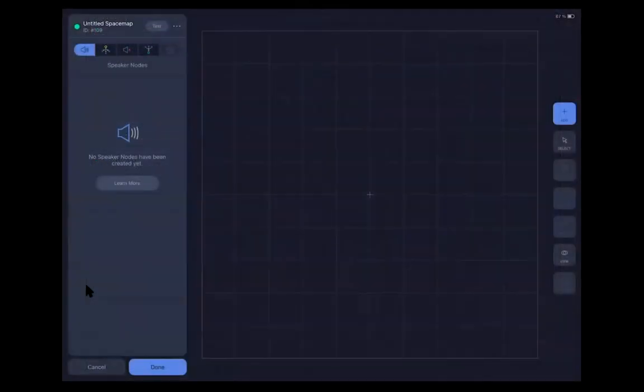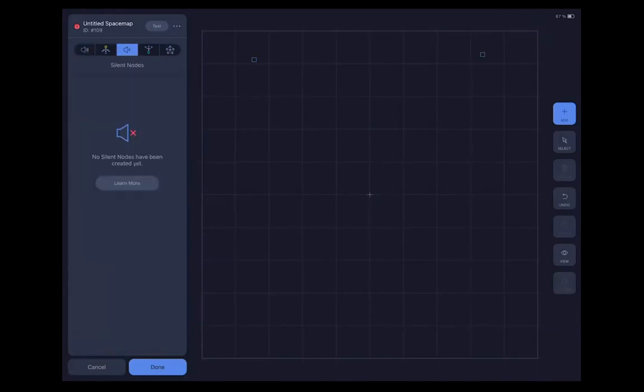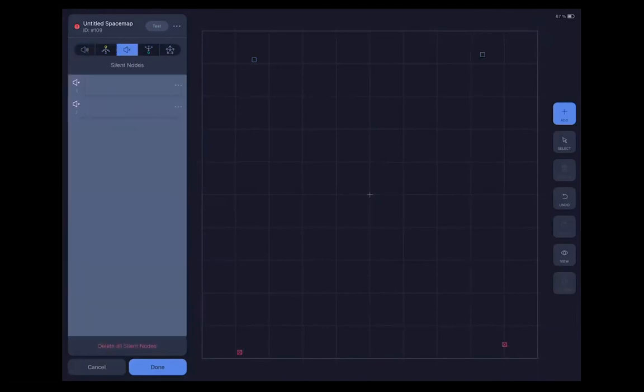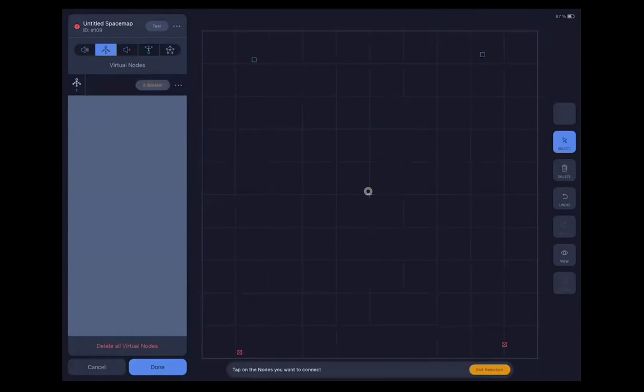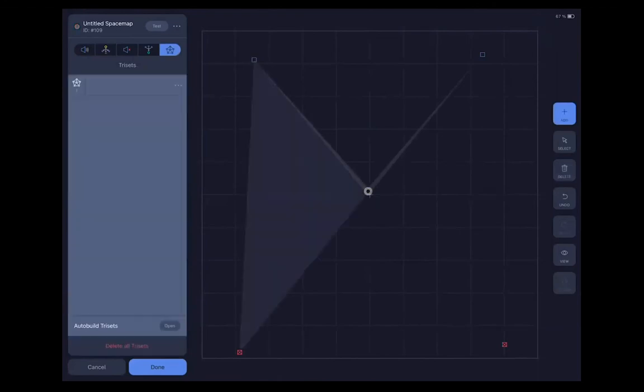This engineer came in. He's like, I want to just do stereo. What can I do with just a stereo mix? And so what we did was we created a very simple space map of just a left and a right. Ignore the titles. And then we started adding silent nodes down the bottom, as well as a virtual node in the center. And we started linking the virtual nodes and making trisets. And so we simply made some simple trisets